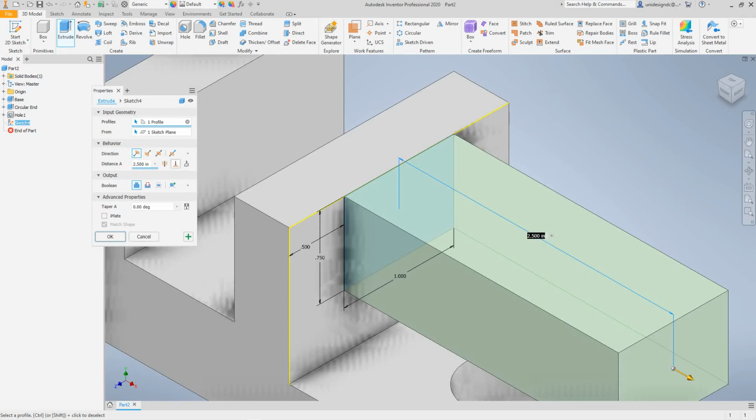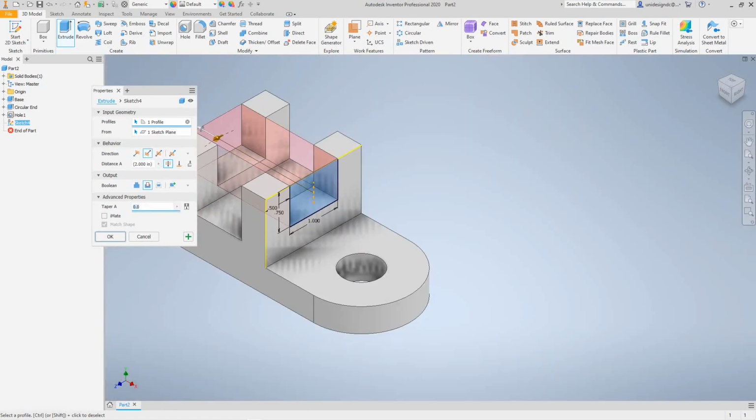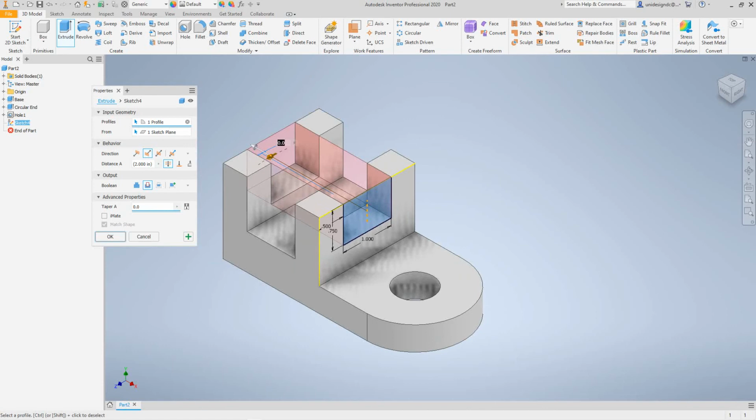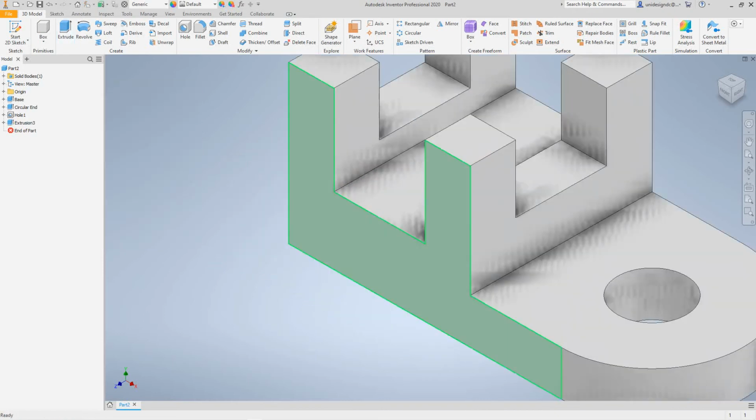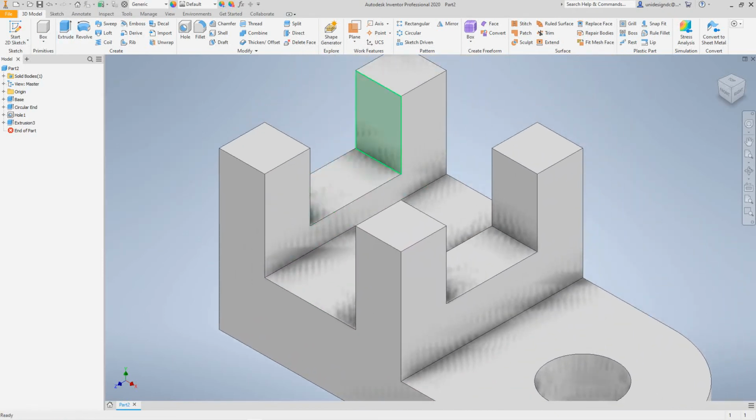But I want to do this for this one. I just want to go through all here. And this little button here means through all, so it'll go straight through everything here. And then I'll say OK. And if I select this now, you'll notice